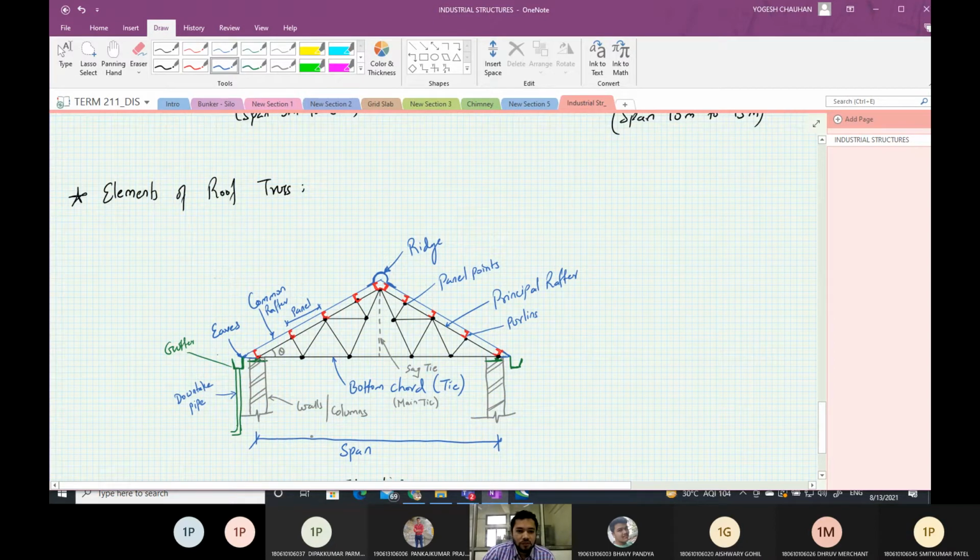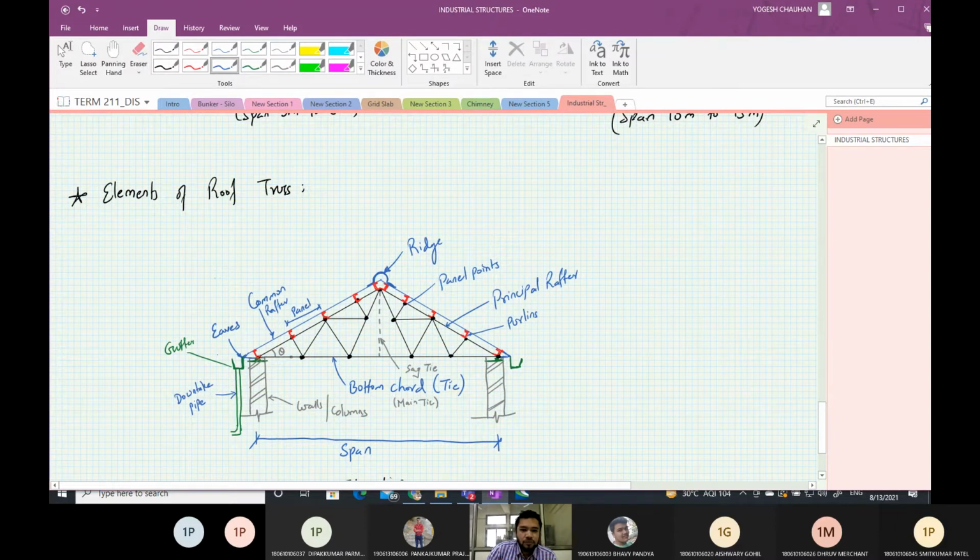This is the span, the center to center distance between the supports of the roof truss, and these are the walls or columns. Now this is theta, the slope of the truss.